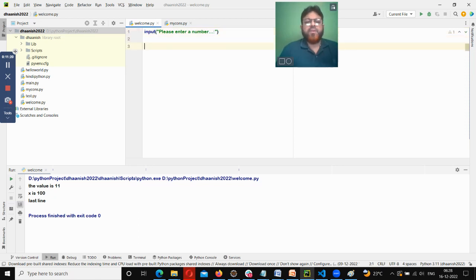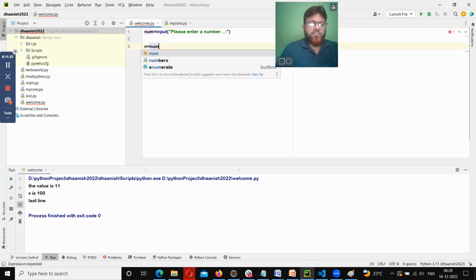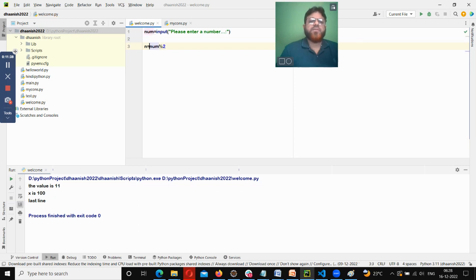Please enter a number. Here I am going to check whether the number is an odd number or an even number. n equal to num percentage of 2, and this num has to be converted to int, correct? Typecasting, otherwise it does not work, because the incoming value will be a string. So have this, and once you have this, if